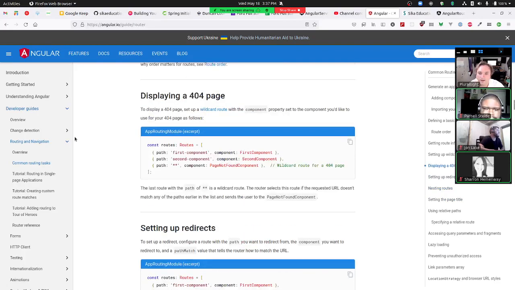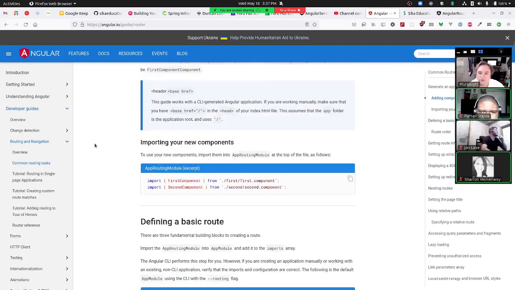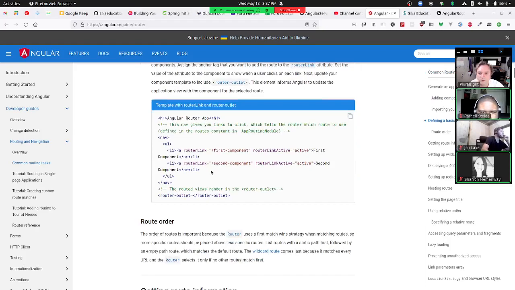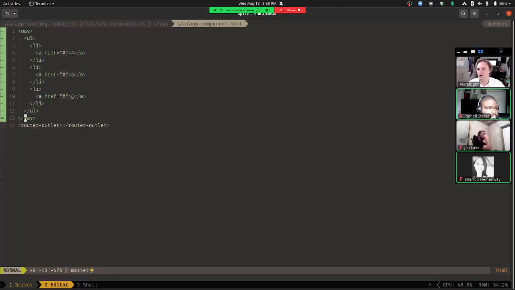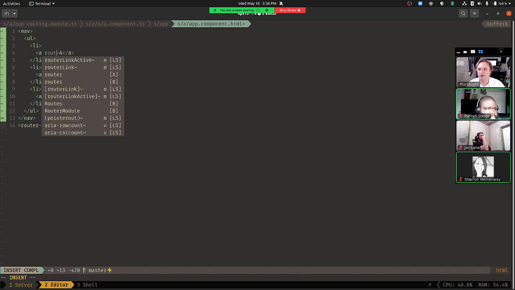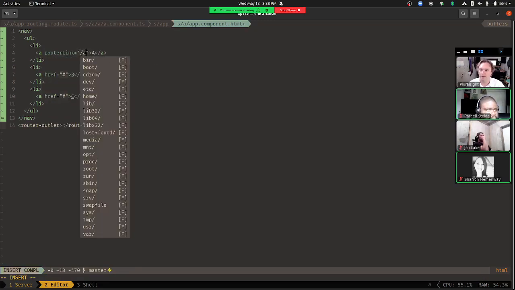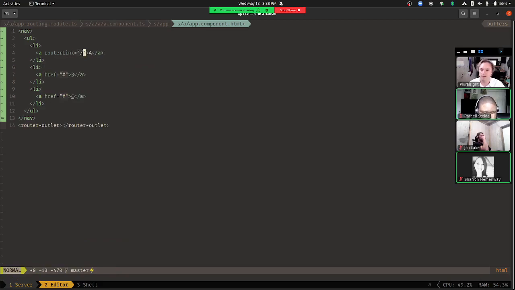And then, let's see if I can find the example. Then to actually link to something, we use the router link directive. So instead of having an href here, that becomes ng or Angular router link, and then what we want the